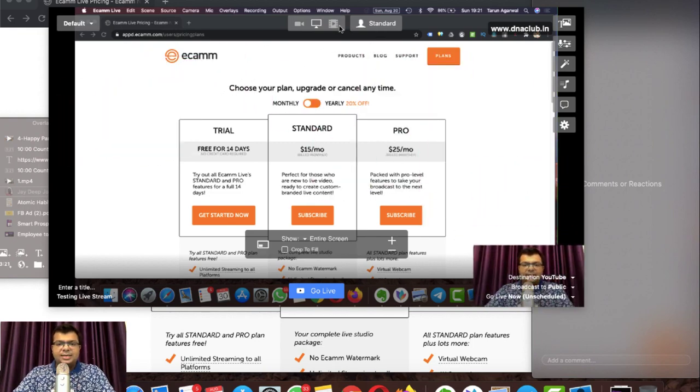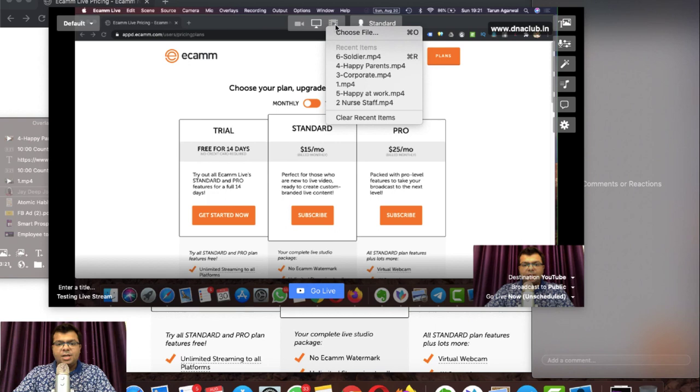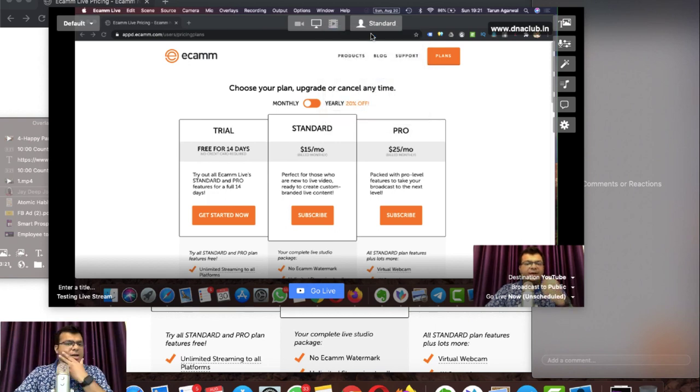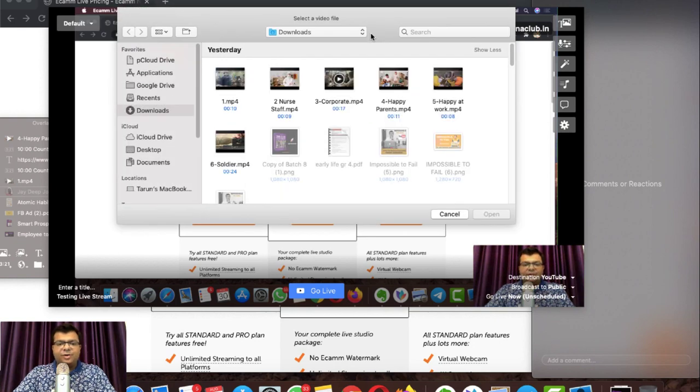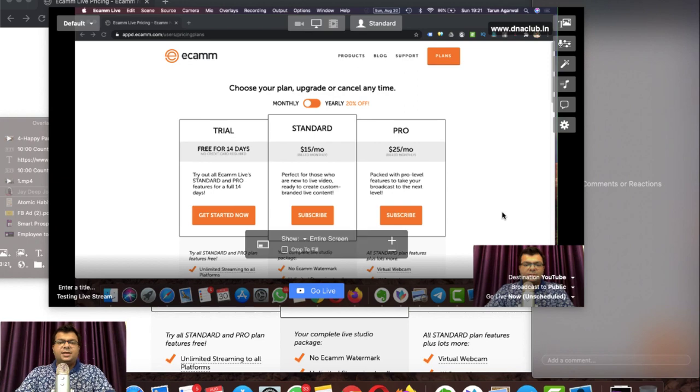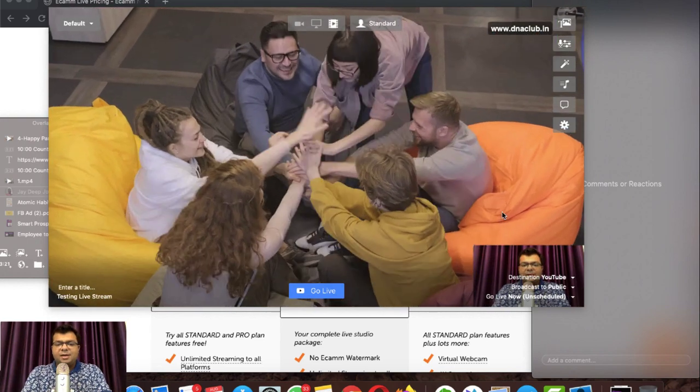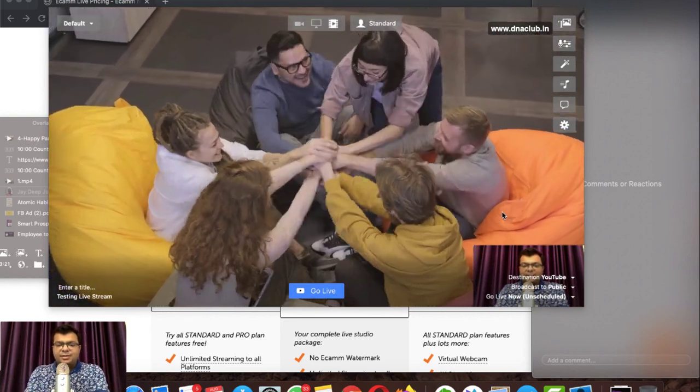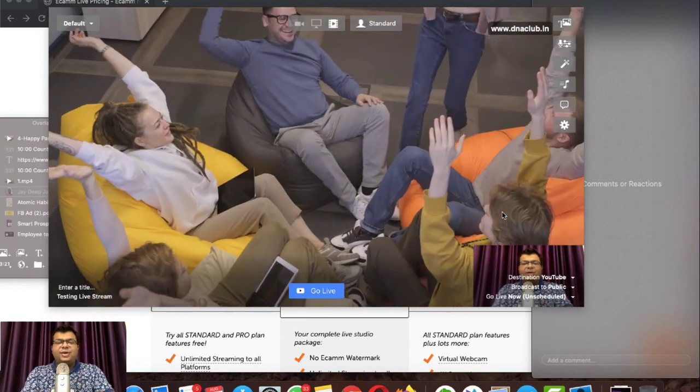And also there is another option, where you can play some videos in the background. I have already uploaded some videos, or you can just click on choose file and select any video which is available on your hard disk. Suppose I'm selecting this video, and then open. So what happens in real time, you can see my video in the corner, and this is the video which is going on.